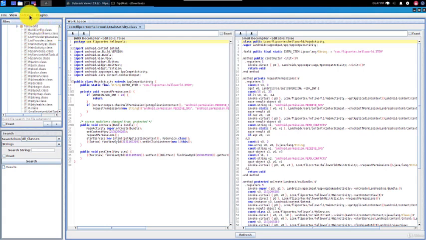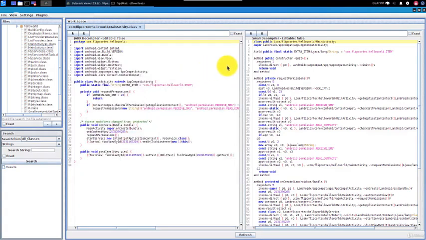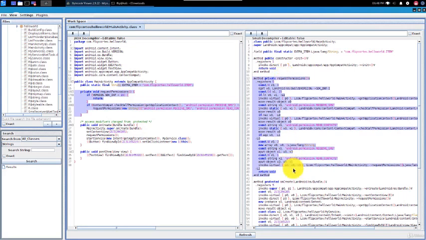Another thing you can do is set a pane to show Smali. So again, go to the pane and choose Smali code. Let's close this again. And again, here you can see we now have JADX decompiled code on the left and the Smali code on the right. The Smali is the same code as we saw before using APKTool. So this is very good for seeing a side-by-side comparison. For example, here we have the request permission method in Java, and here we have it in Smali. So all of this method over here, which is request permission, translates to this code over here in Smali.